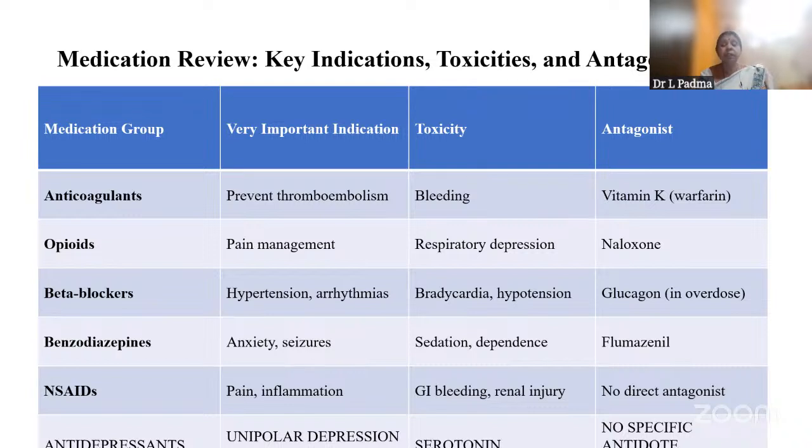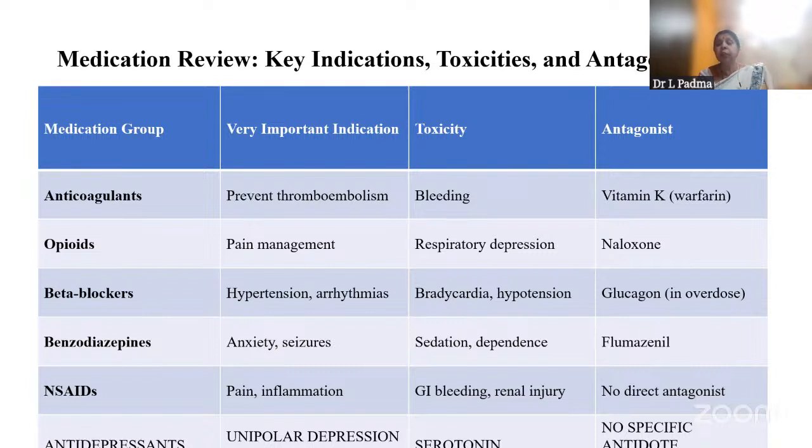Okay, so these are the ones which are used, and the most common toxicity we see with all beta blockers is bradycardia and hypotension. More than hypotension, it is bradycardia, or remember ABCD: asthma, block or bradycardia, then coronary vasospasm, diabetes. So these are the ones which we commonly see, and especially for bradycardia, we have glucagon as the drug of